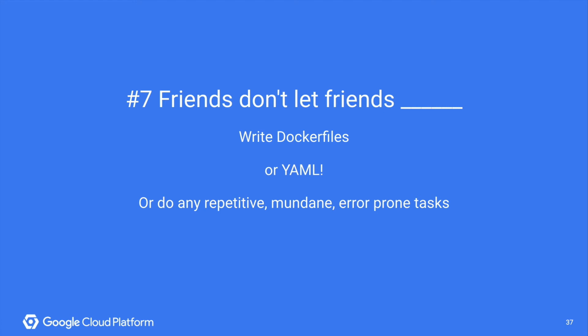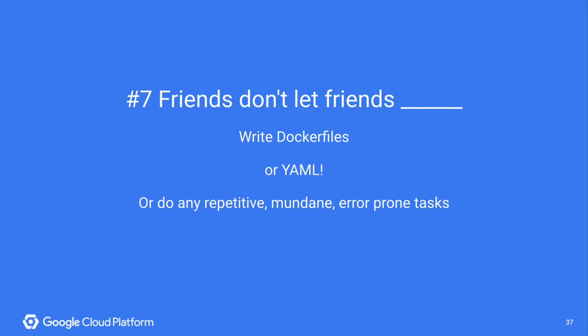A good friend of mine from the community, Matt Raible, works at a company called Okta. And he always says that friends don't let friends write authentication, because you need authentication everywhere. It's mundane and repetitive to do it, and it can also be an error-prone process to write your own authenticators. So rather than doing this yourself, just use a service, for example.